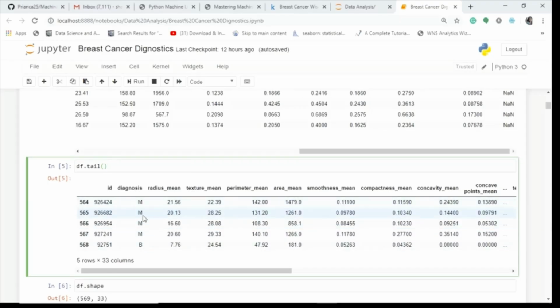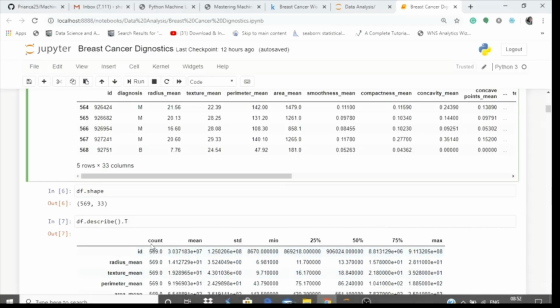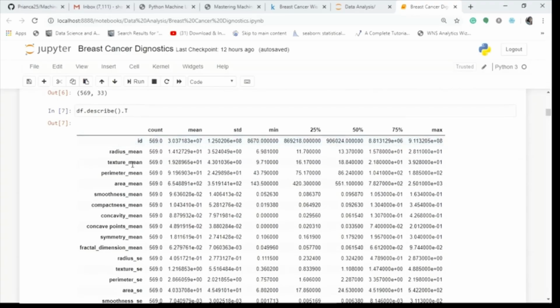Okay, so you can see this diagnosis has only M and B. Now let's see whether there is anything else in diagnosis. First, check the shape of the data. My shape of the data is 569 rows and 33 columns. Now let's see describe, some statistical information, and T is for transpose. That means this count, mean will come here. I have created this in the heading. So I get all these 33 columns here,